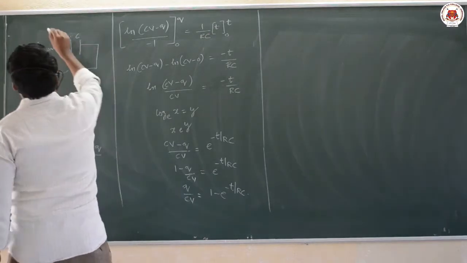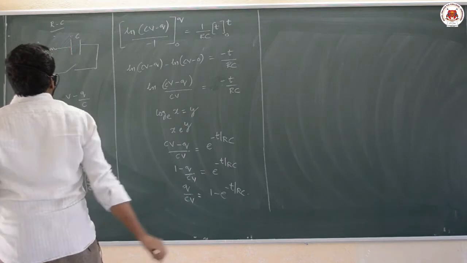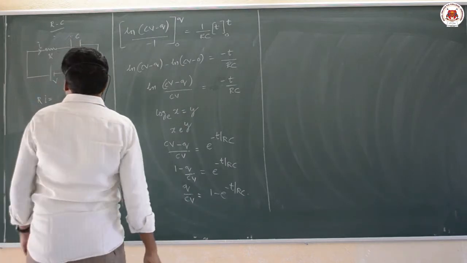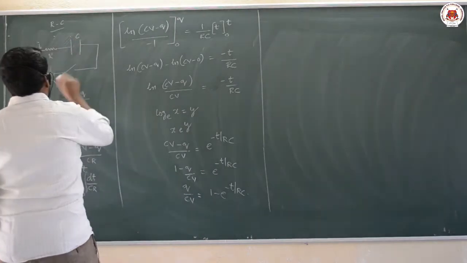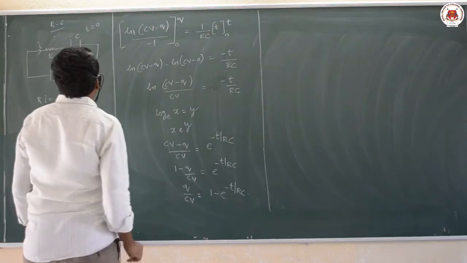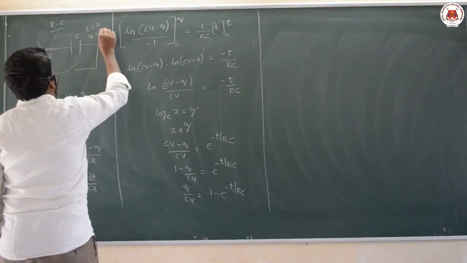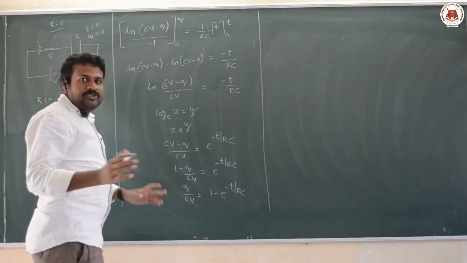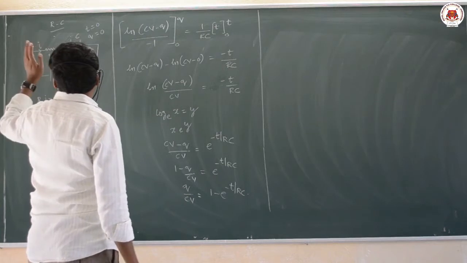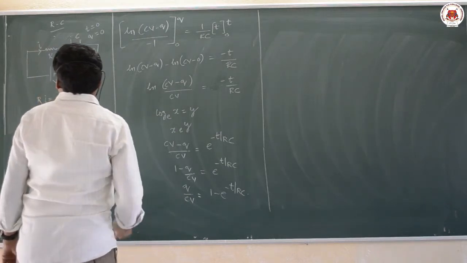There is an RC circuit which contains a resistor of resistance R and a capacitor of capacitance C. Now, before time t is equal to 0, the switch is open and the circuit is open, and the charge deposited on the capacitor is 0. Once I switch on the switch key, when we connect it to a battery, what happens?